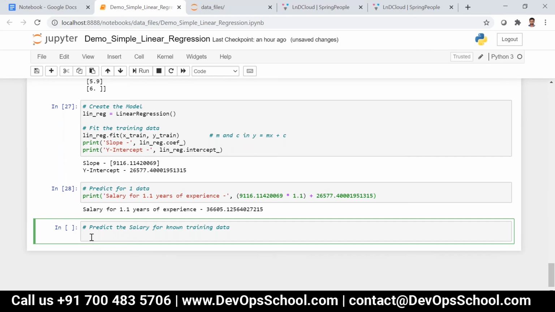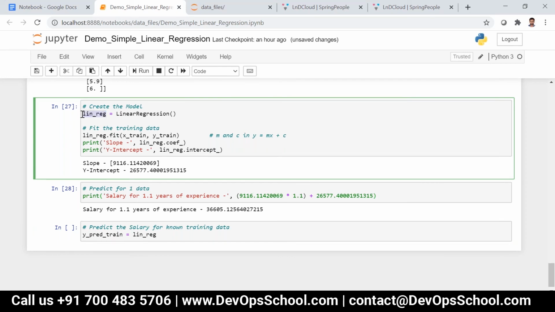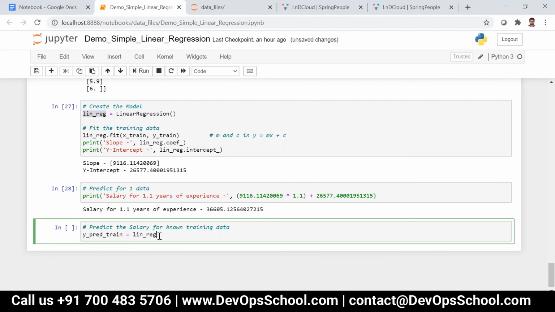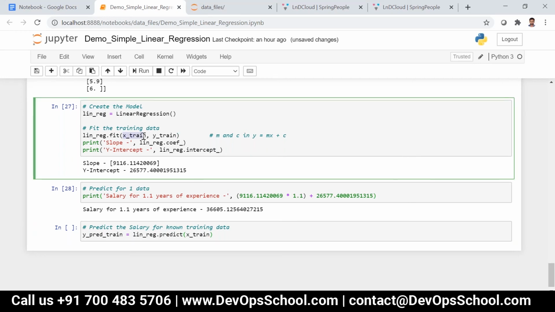So now we are going to compute y_pred_train, which is equal to linear regression dot predict of x_train. We have to use the same object, not a different one. That is, for the same inputs, we find the predicted salary.